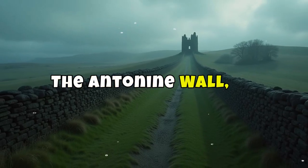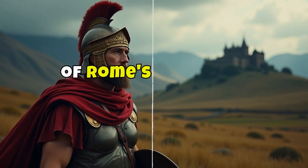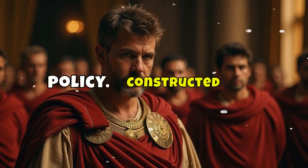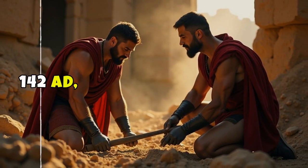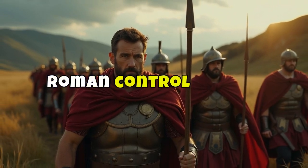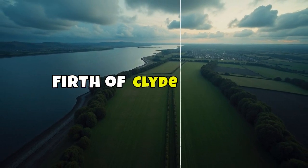The Antonine Wall, an intriguing yet often overshadowed relic of Roman Britain, serves as a significant marker of Rome's northern ambitions and its challenging frontier policy. Constructed on the orders of Emperor Antoninus Pius around 142 AD, the wall represented a bold attempt to extend Roman control beyond Hadrian's Wall, traversing the isthmus between the Firth of Forth and the Firth of Clyde in what is